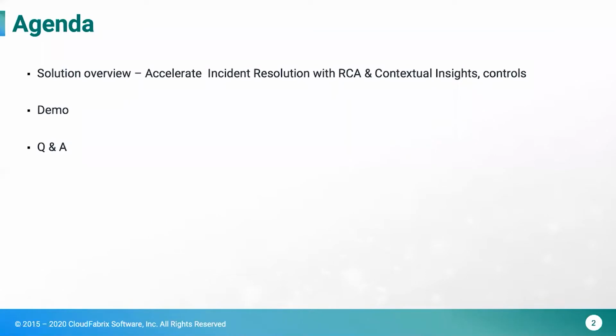Agenda. We'll follow the same structure. We will have 15-20 minutes of overview of the solution, how AOps can be used to address the MTTR. Sometimes people also call it MTTR. That is the common metric people look at. That is mean time to resolution, the time between when the incident is reported and when it gets resolved.